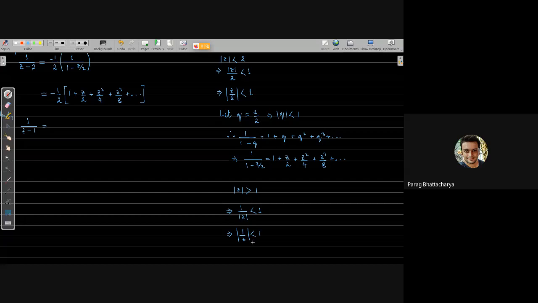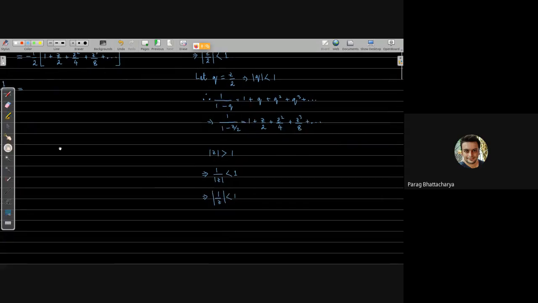So let, what is q? Whatever is inside this modulus. So q is equal to 1 by z. Okay, so therefore we will have 1 by 1 minus q. Can you just grab this from here? 1 by 1 minus q is this,